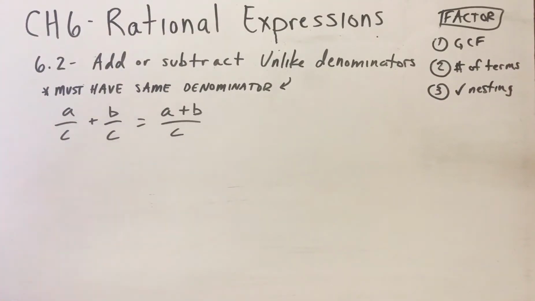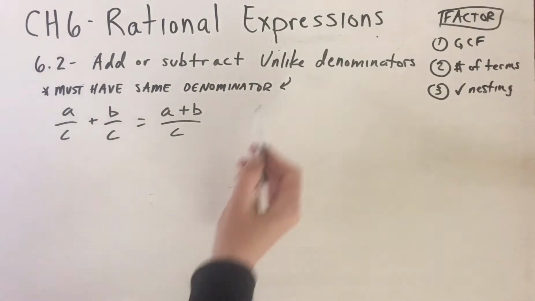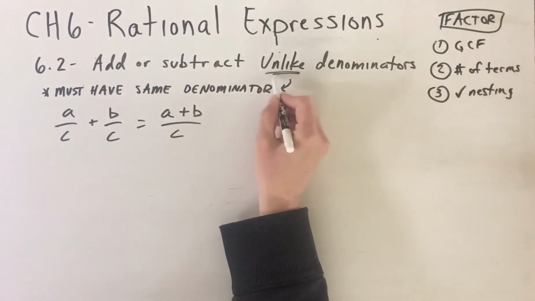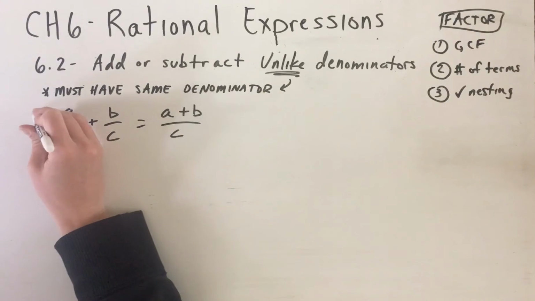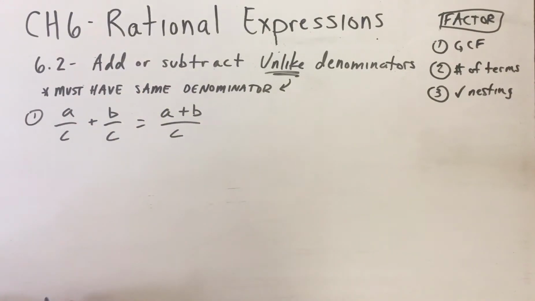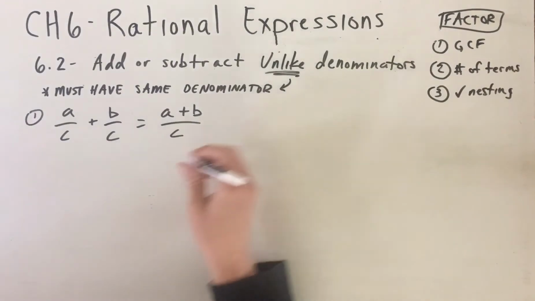Okay, we're in chapter 6, rational expressions. We're working on 6.2, adding or subtracting unlike denominators. So if your denominators are not the same, then you have to make them the same. This would be the first step to adding or subtracting unlike denominators. So if I had